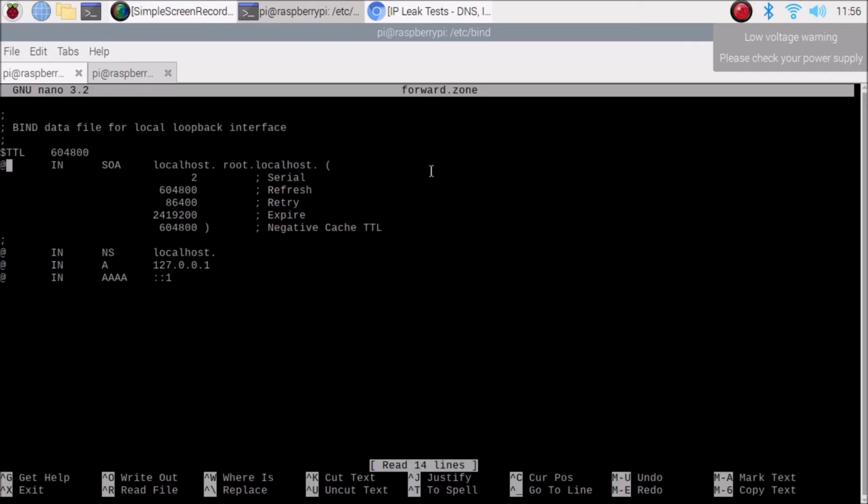Okay, simple. Here we need to add our domain name. So mine is freedomtech.lan, which we mentioned. Freedomtech.lan, that's it. Don't remove the dot from the end. As you can see, we need to just remove the localhost. Then here also we need to remove the localhost, and here also we are going to add the